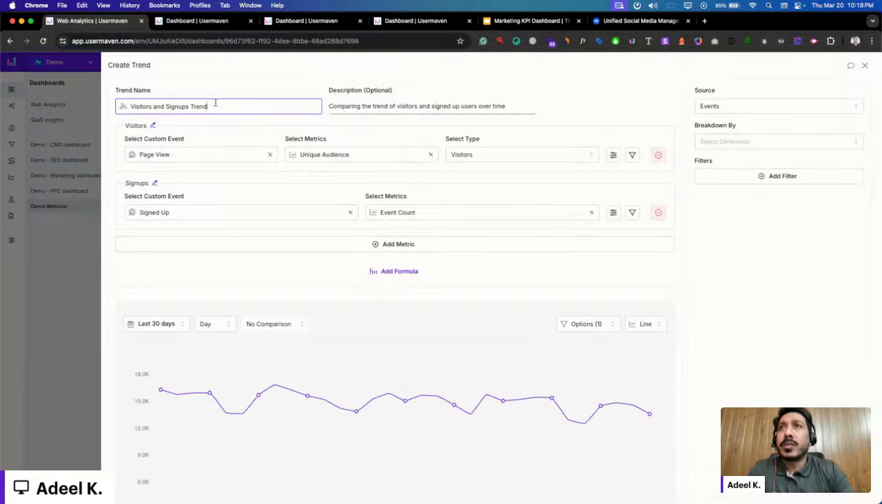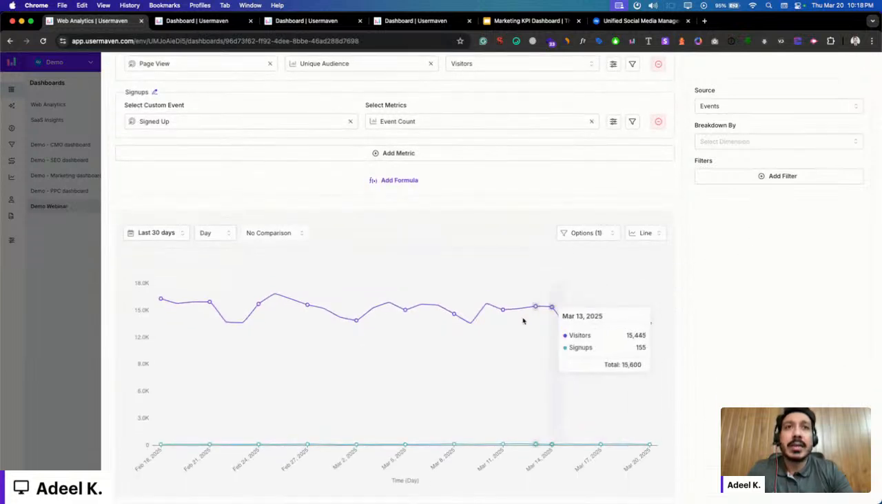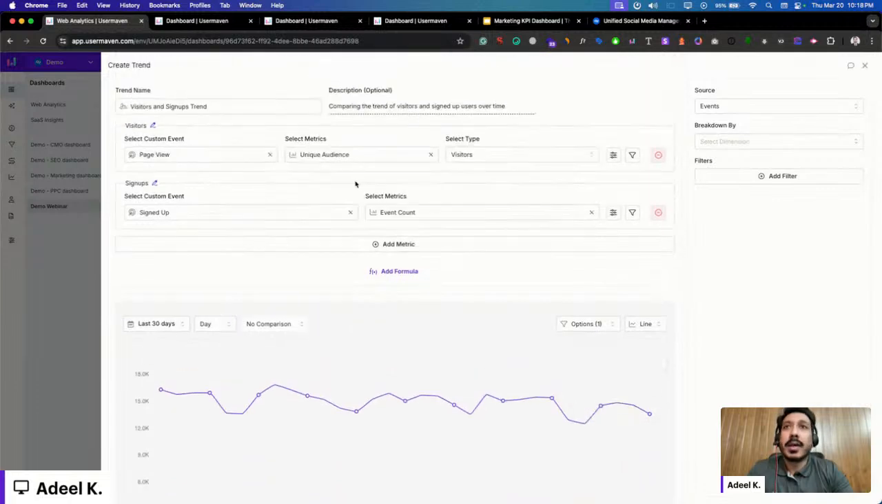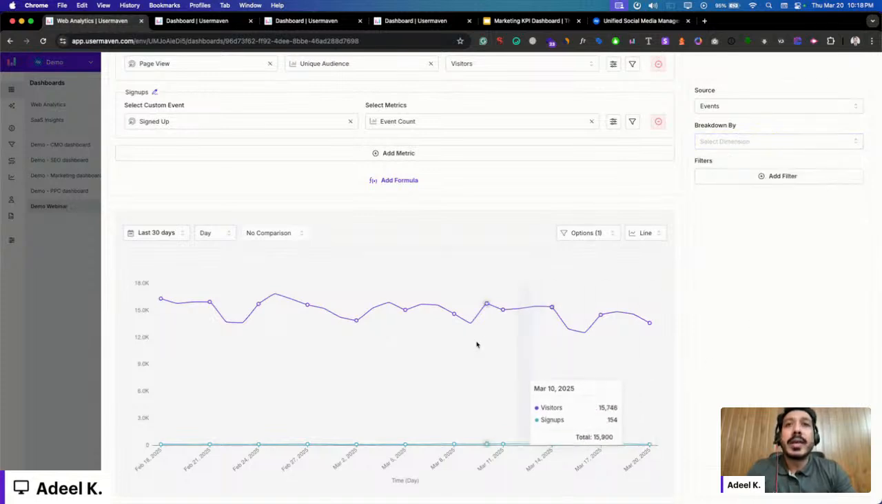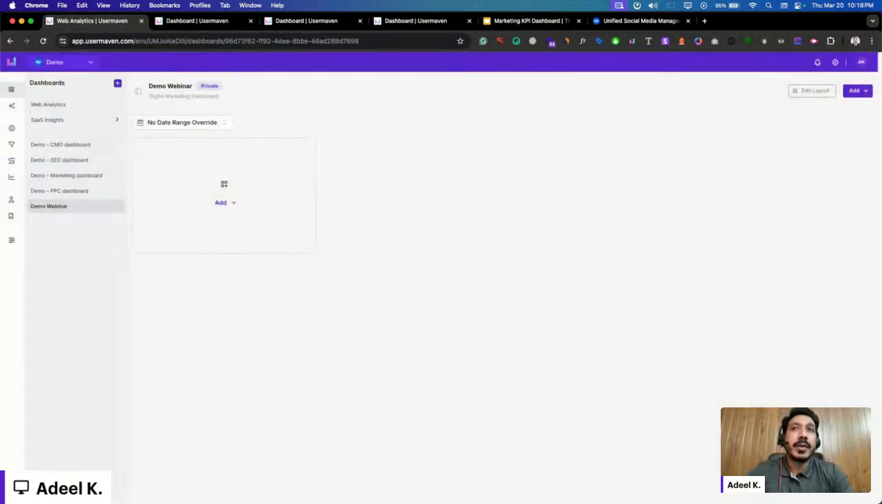You can give it a name of your choice, and then this is your first row where page view was selected, unique audience and visitors. So that's basically concerned with this particular horizontal line. Then you have this custom event sign up for sign up users, and it's picking up the event count. And you can even break it down as per your requirements as well. So currently, yes, I have got what I needed. The first line was telling me about my visitors, and the below one is of sign up users. So I can simply hit create trend,